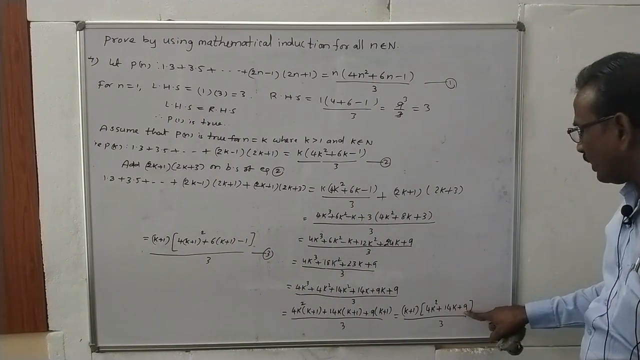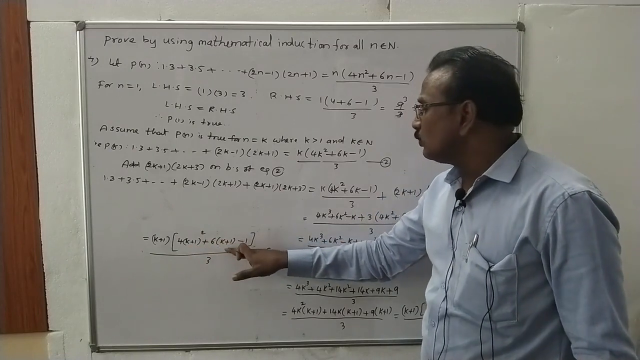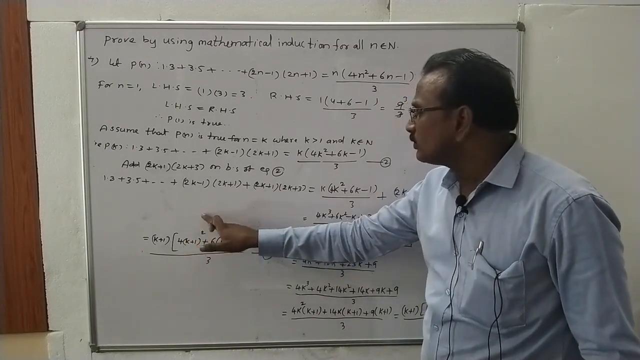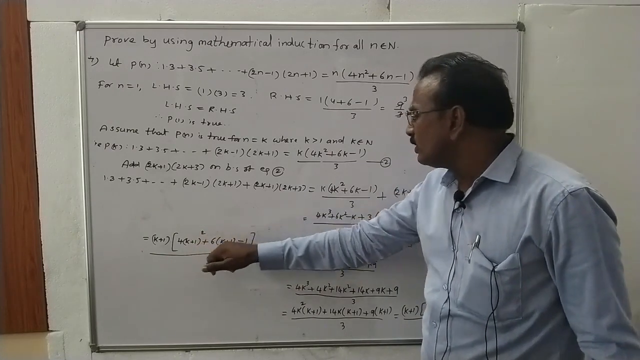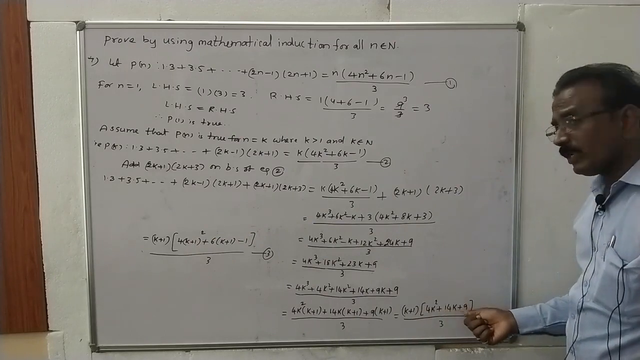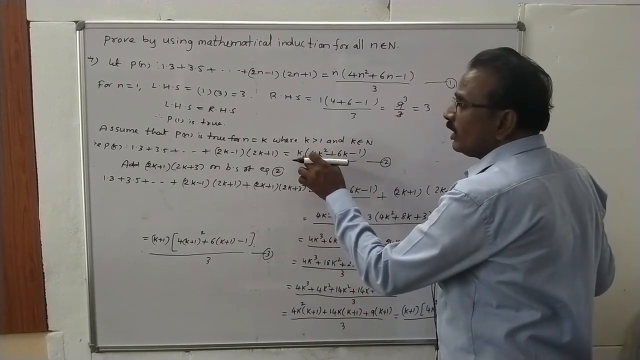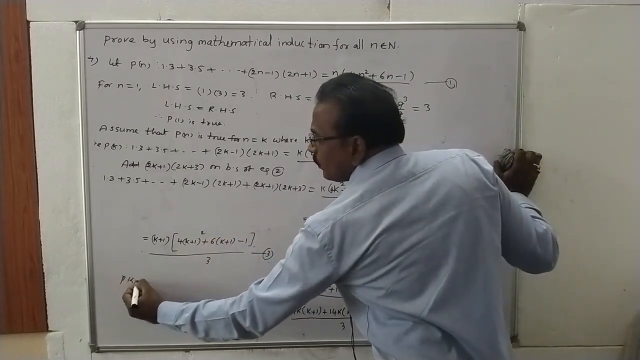4k square plus 14k plus 9 can be written as 4 into k plus 1 whole square plus 6 into k plus 1 minus 1. After simplifying this, using a plus b whole square and 6 into k plus 1, we get the same answer, 4k square plus 14k plus 9. So therefore compare 2 and 3. Here in place of k there is k plus 1. So therefore p of k plus 1 is true